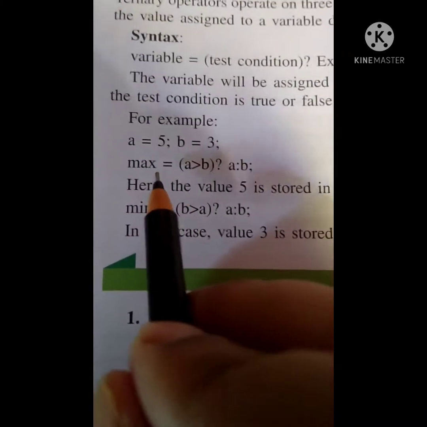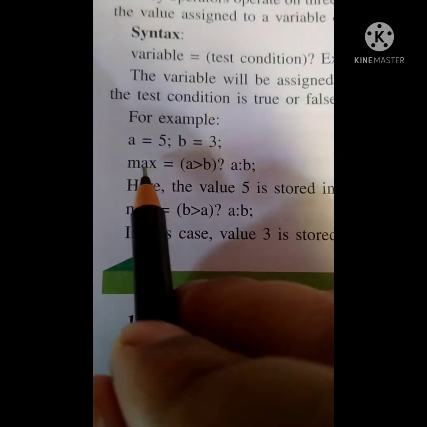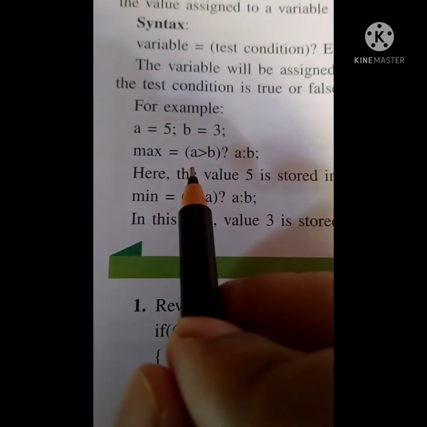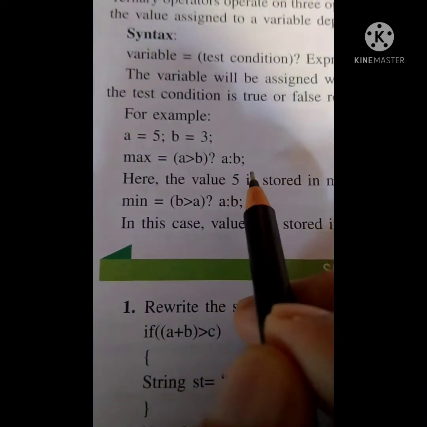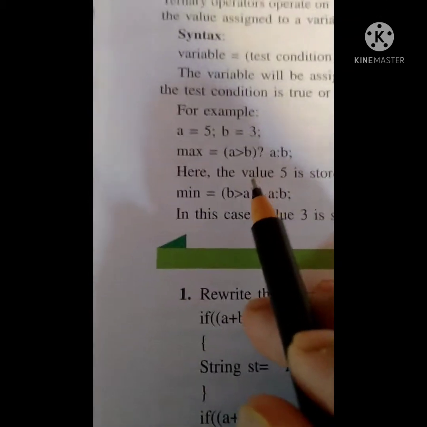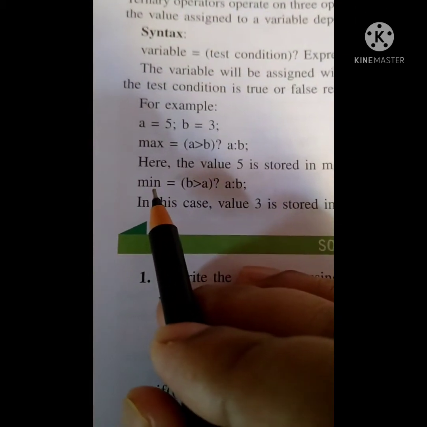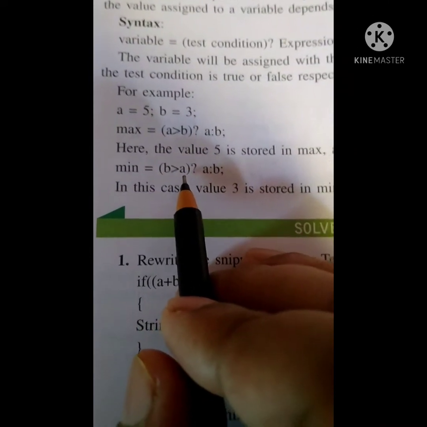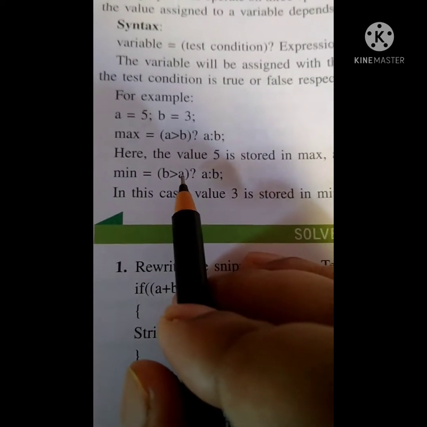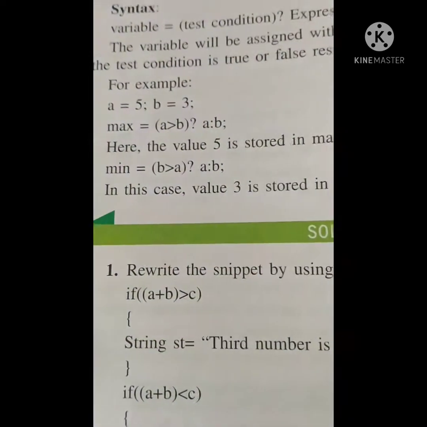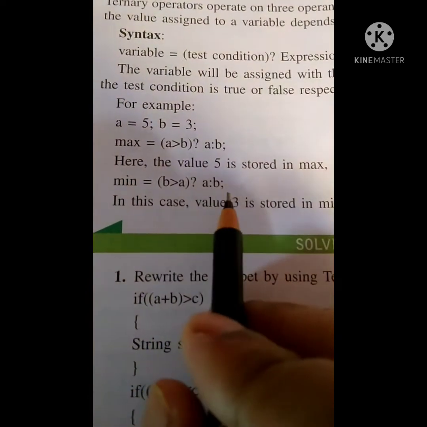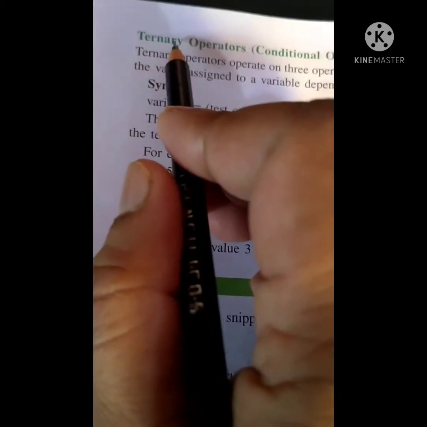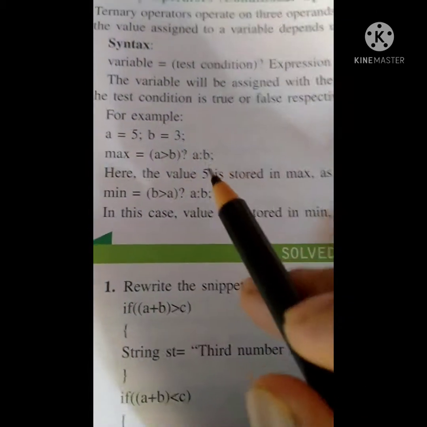Okay, so here it is checking for a. Max a will be maximum if this condition is true. Okay, a greater than b, a colon b, then a will be greatest. Else, for the minimum value, b greater than a. For the minimum value, a will be minimum if b is greater than a, so obviously a will be minimum, a colon b. Okay, so this is the use of the ternary operator. On the basis of ternary, we will see more later.